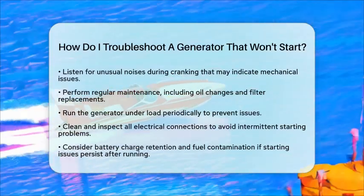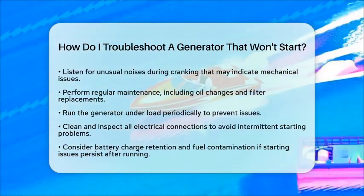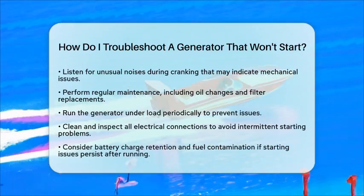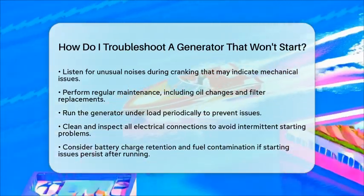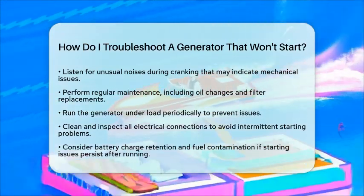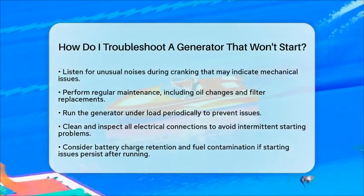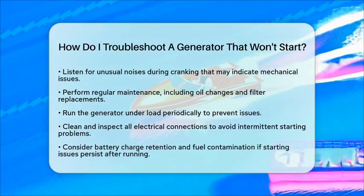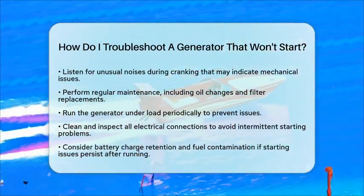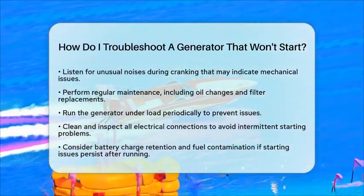Lastly, keep in mind that corroded power or ground cables can cause intermittent starting problems. Inspect and clean all electrical connections. If your generator starts after running for a while but fails after sitting, battery charge retention or fuel contamination might be factors to consider. By systematically checking these areas, you can identify and resolve most generator no-start problems aboard your